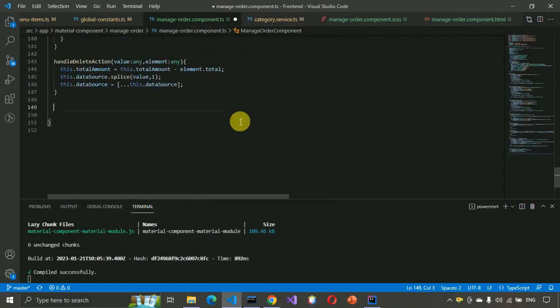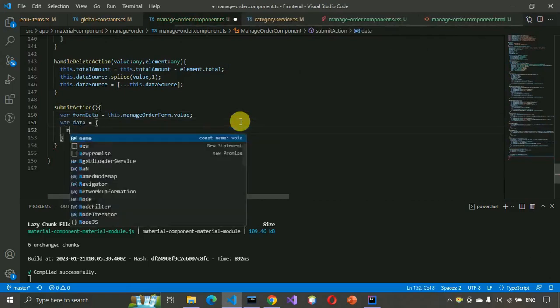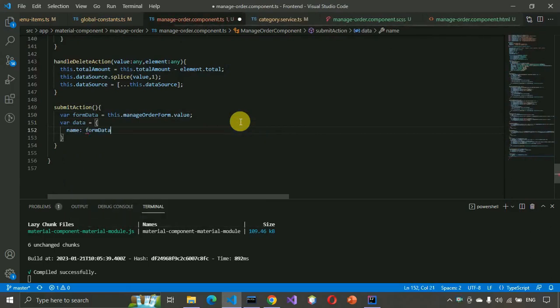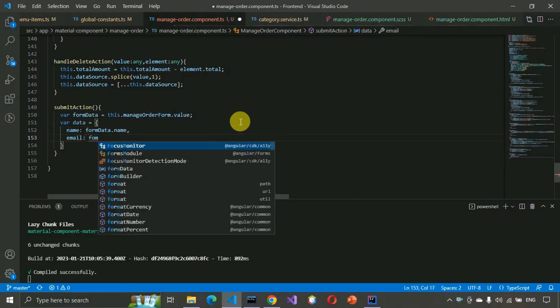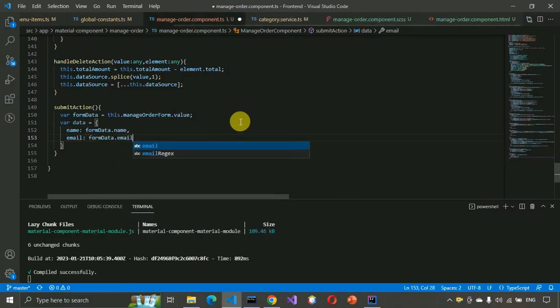So submitAction, where formData = this.manageOrderForm.value, where data: name: formData.name, email: formData.email, contactNumber: formData.contactNumber,